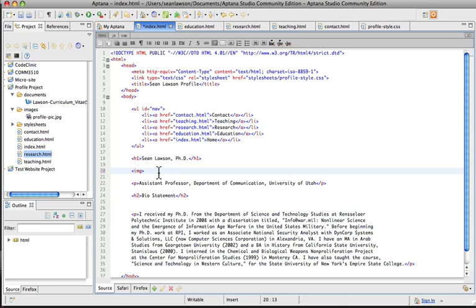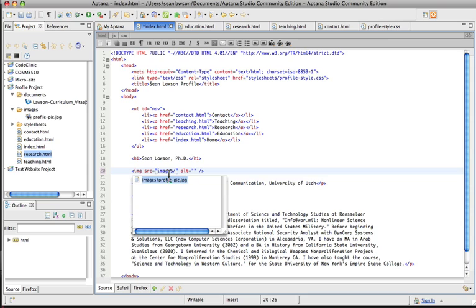Now the other way that you could do that is you could just go up here and click on this little thing that looks like an image, and it'll say wrap with IMG. Okay. And then it says SRC, which is the source. So what's the source of your image? Well, my image is in the Images folder. So Images /